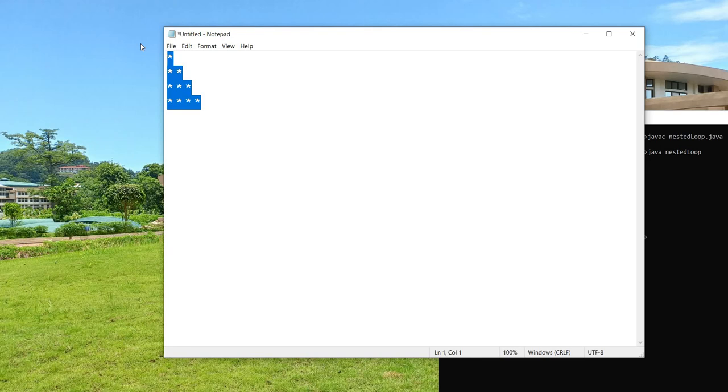Okay, so let me write down a program to demonstrate pyramid stars using for loop. Okay, using nested for loop or using for loop. So now I'll write here nested. Okay, all right. So now first of all I will be creating the class inside which I am supposed to